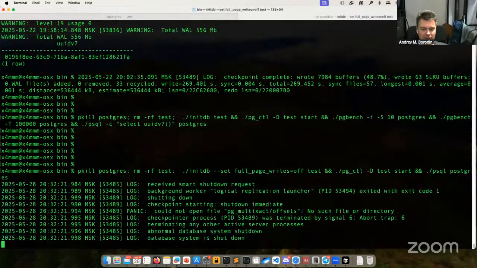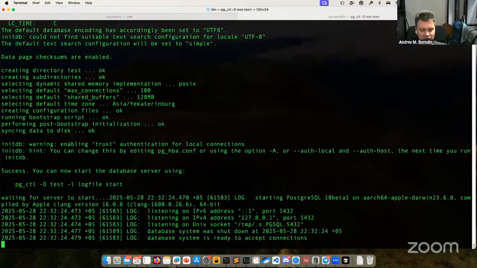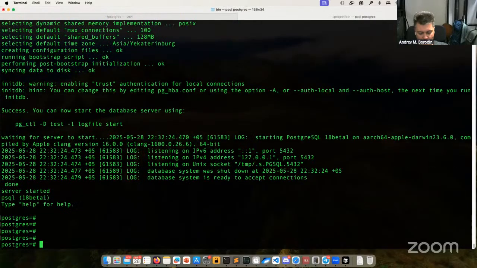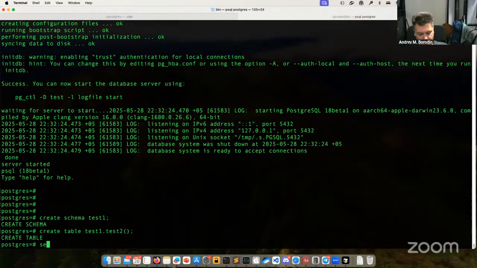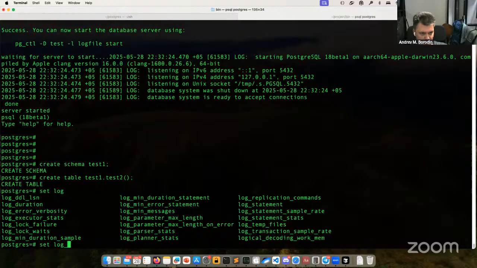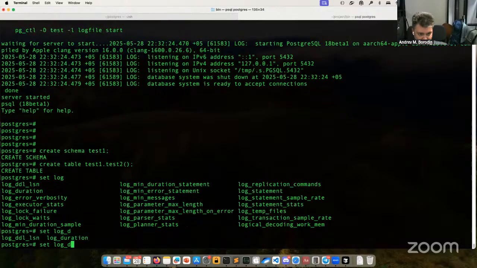Yeah, this is the simplest installation. So we want to create schema test1, create table test1.test2, that logs DDL and sends to it.